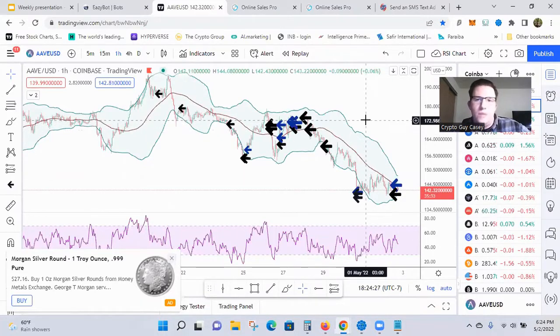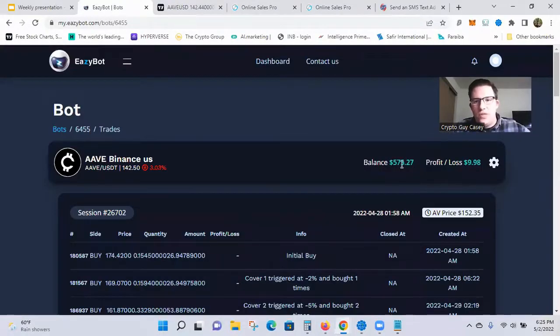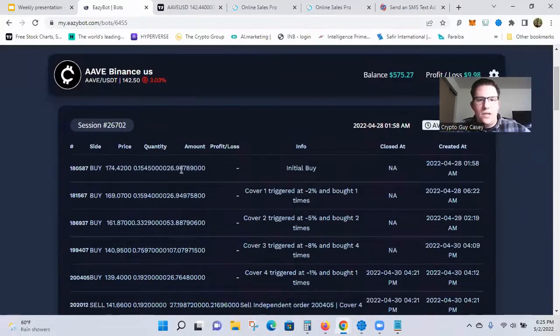It is purely mathematical. From the moment it buys into a trade, it starts waiting for it to either go up 1.5% to sell at a profit, or as it goes down 2%, it starts buying. As it goes down another 1%, it'll buy. It's all mathematical, and that's why it only trades a tiny bit of your amount. You can see here, you might think, okay, I have almost $800 in my balance trading AAVE, but my first initial trade was only